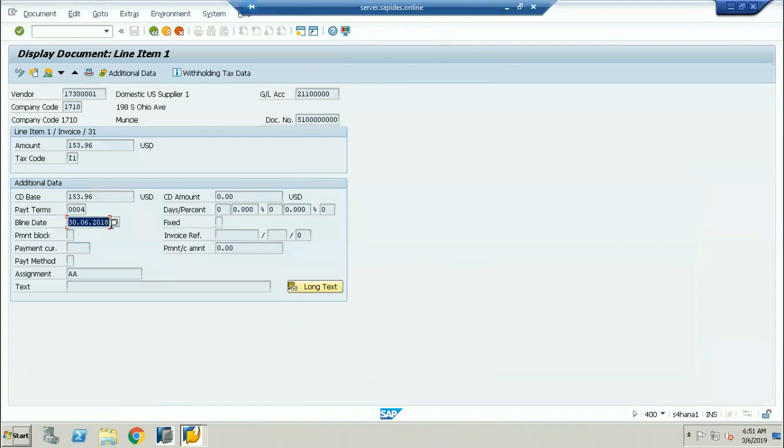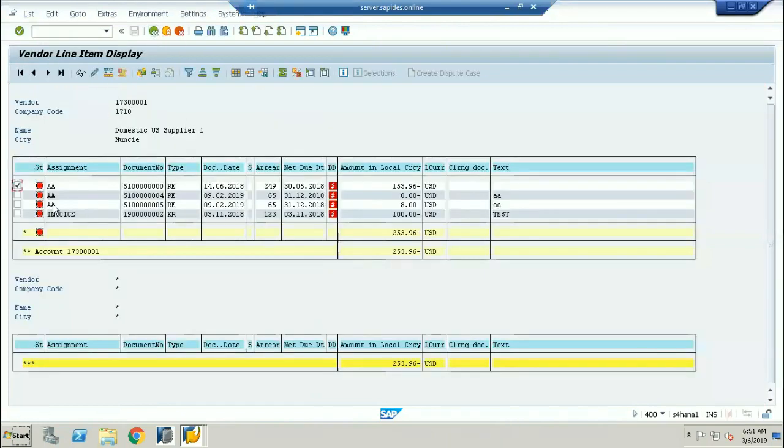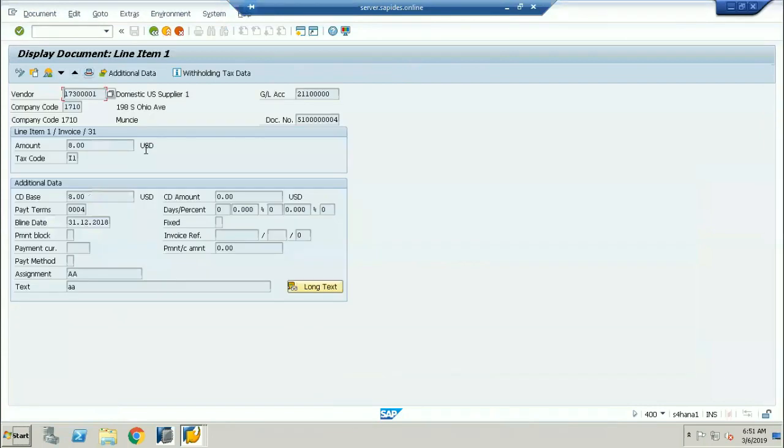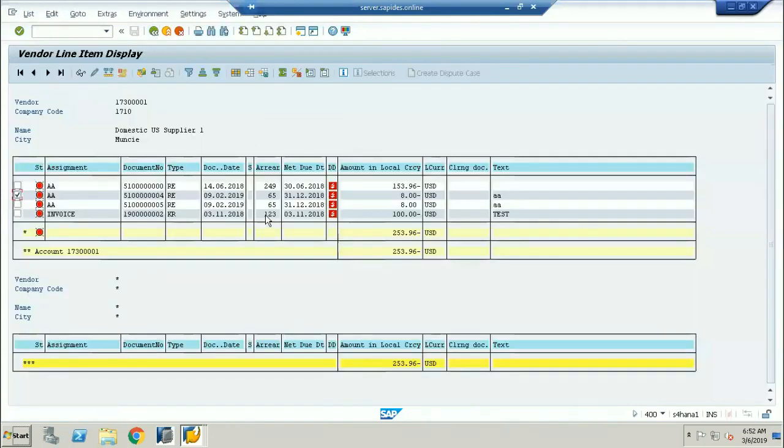From the baseline date, the system calculates the arrears days based on the payment term. So you can see here, this is the baseline date. The baseline date is the date from which the system will start calculating the net due days.